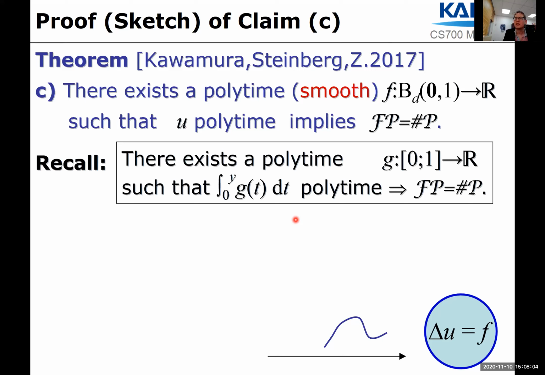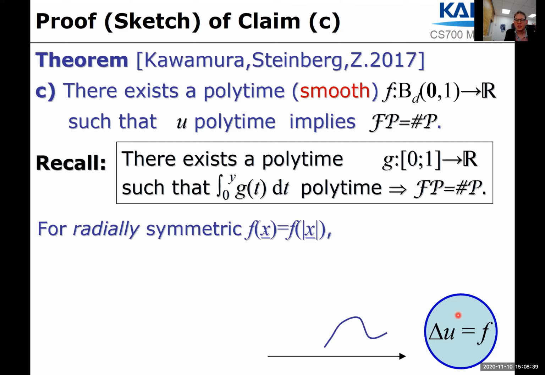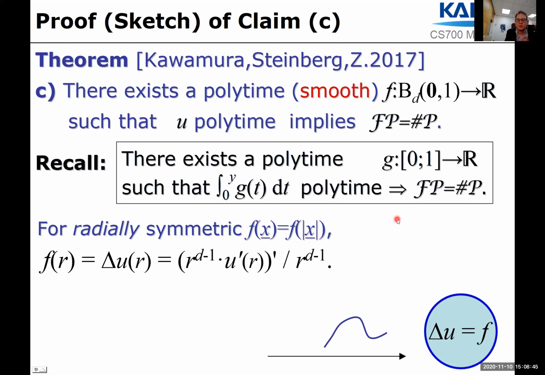First of all, he restricts to radially symmetric right-hand sides f. Remember, f here lives in the two-dimensional or in general on the d-dimensional unit disk. So the argument to f is actually a real vector, and Florian considers and restricts to right-hand sides which depend only on the length of said vector, not on other aspects like the direction of the vector. This is what's called a radially symmetric function. It depends only on the length of the argument.